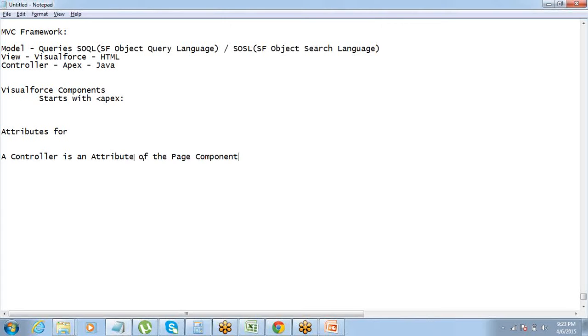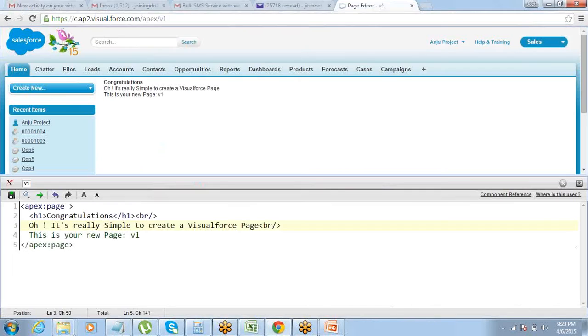I told you that every Visualforce page should have an Apex page component. I told you this is a must. This has to be there, right? So you have to define your controller as an attribute of the Apex page component.